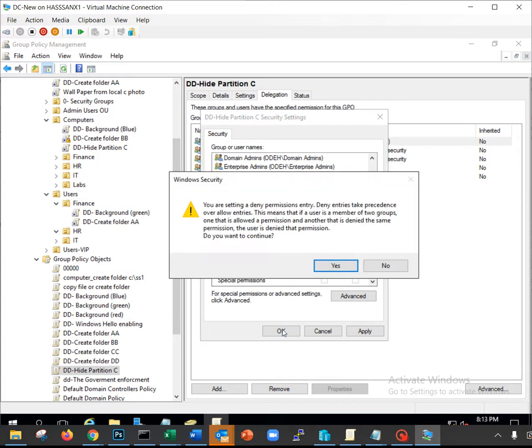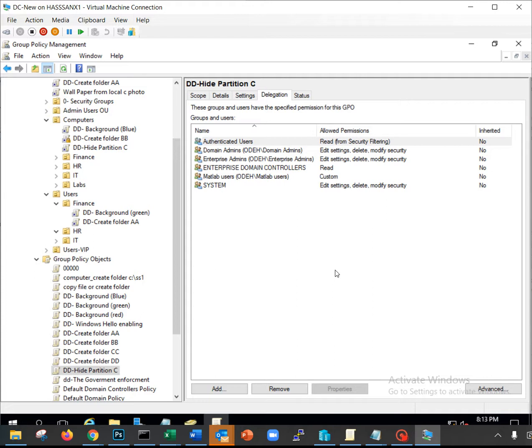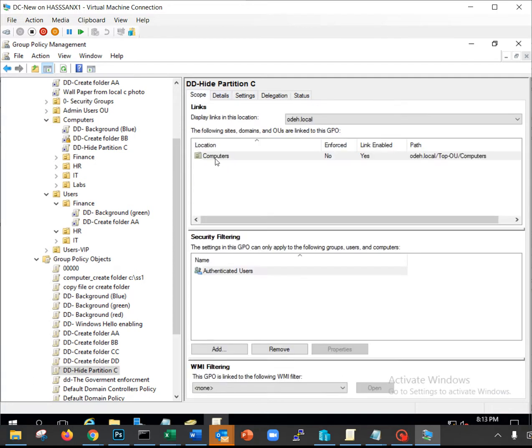What does that mean? That means the group policy will apply to everybody except if the user is in that group. And again, when I'm saying applying to everybody, it doesn't mean everybody on the domain. It's applied to the OU that you specify here. In that case, it's everybody because I selected the computer OU that has everybody. Good.